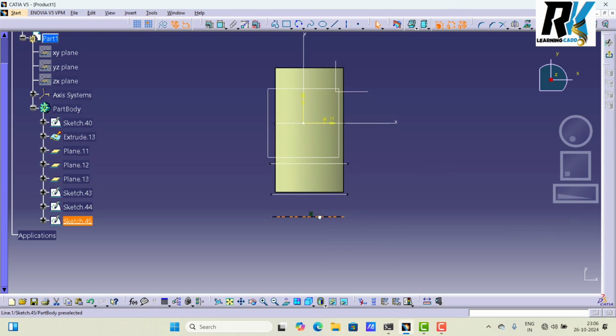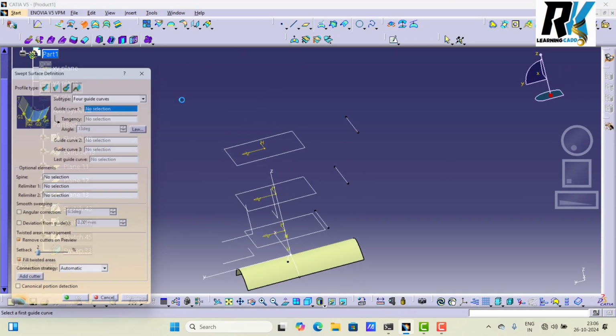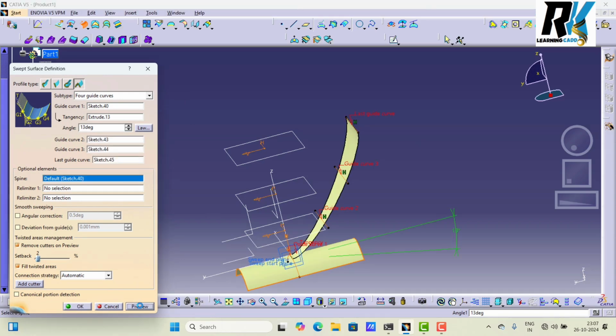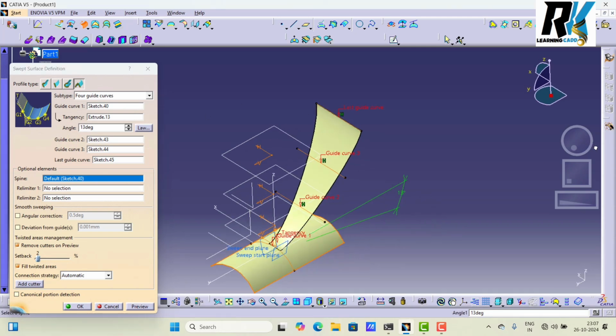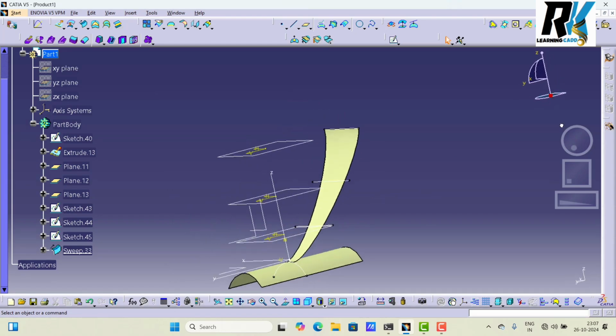So this one also you keep here and finish it. Now see the result. Sweep, guide curve, tangential surface, second guide curve, third guide curve and 4th guide curve. And preview. Okay friends, so this way we can create the four guide curves option.